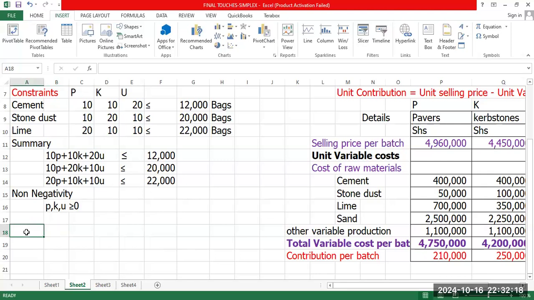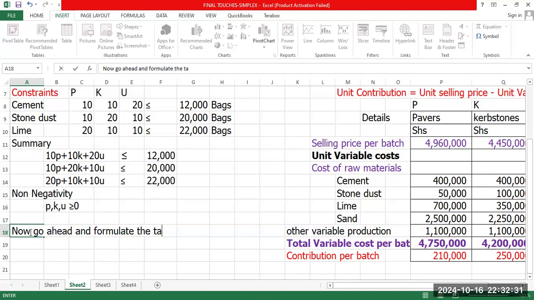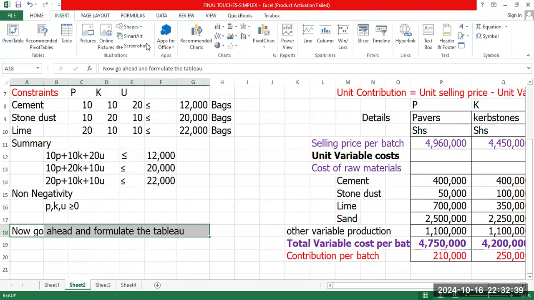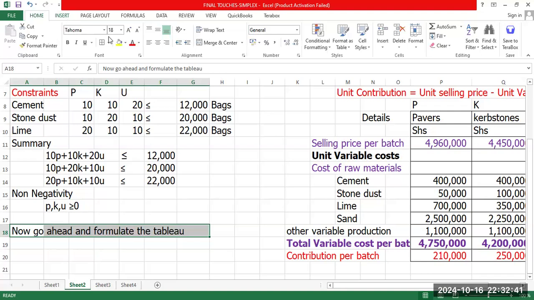Then finally go and formulate the table. Now go ahead and formulate the table. I believe now you can handle, isn't it? Same steps. Since you have the model,